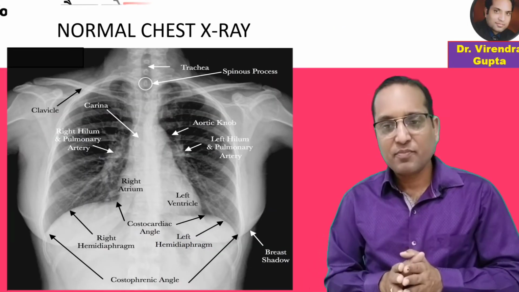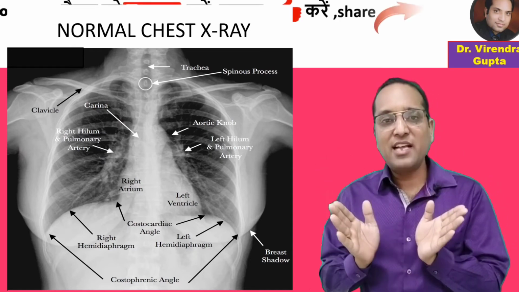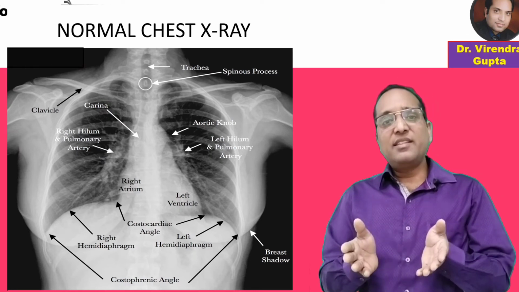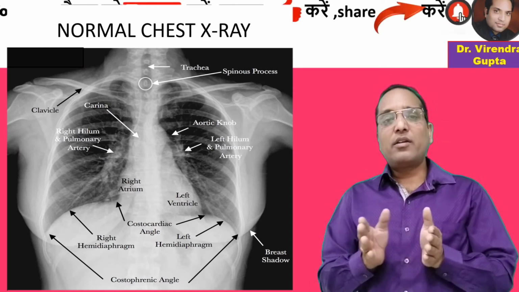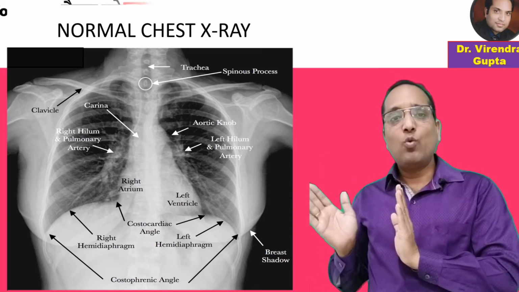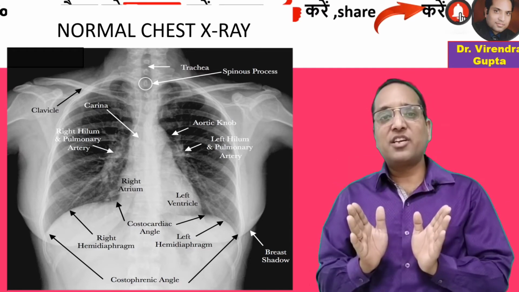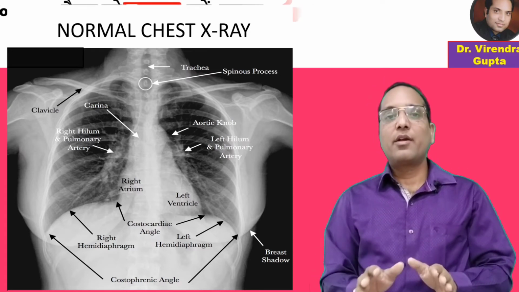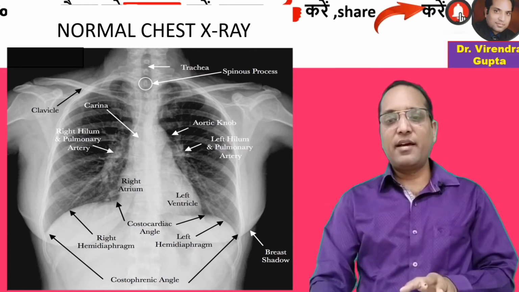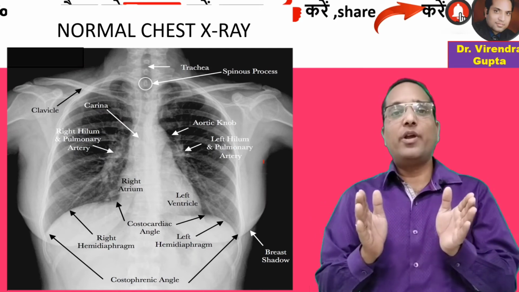So guys, here we are presenting a normal chest X-ray. As for the reading of the X-ray, I am presenting the chest X-ray or skiagram of the chest, that is PA view, showing good penetration with no rotation and having good inspiration, as we will see here. And we should read the X-ray from outer to inner side.